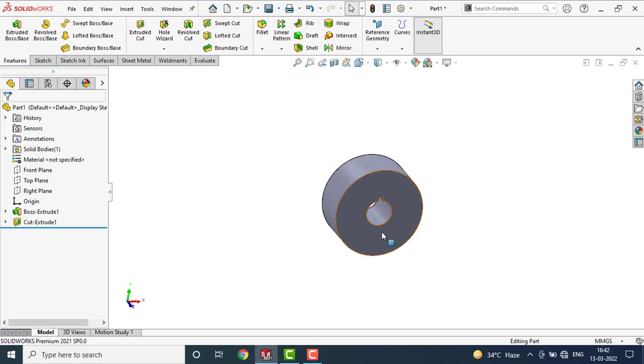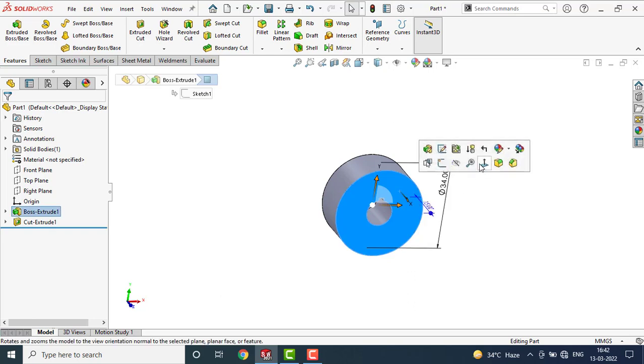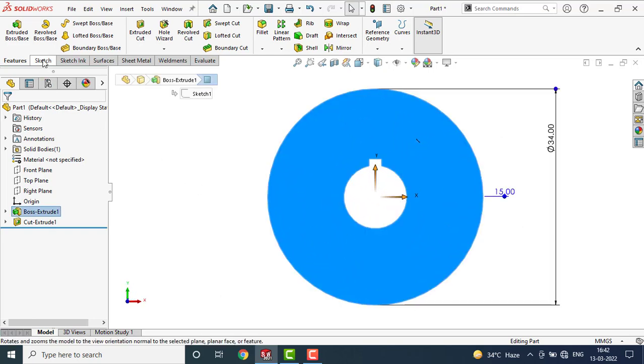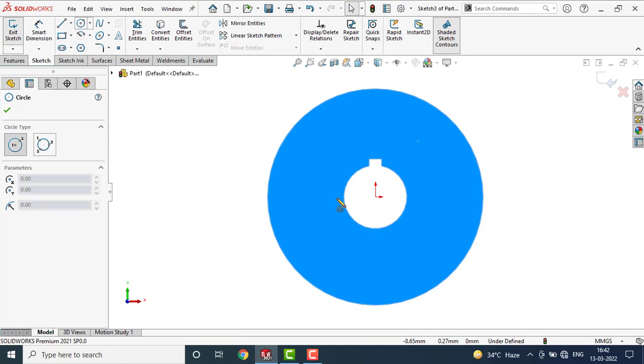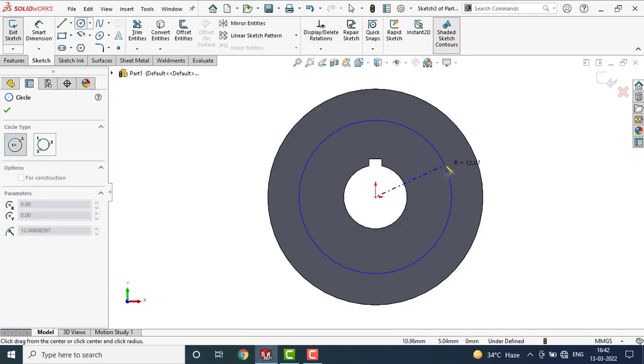Again we will create some depression on this gear body. For that select this face, make it normal to, again go to sketch, select circle from here and draw two circles.